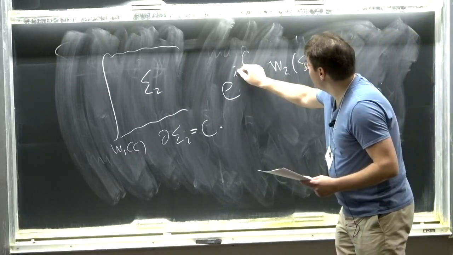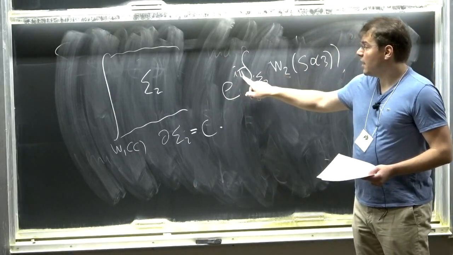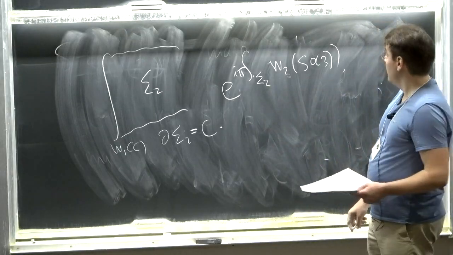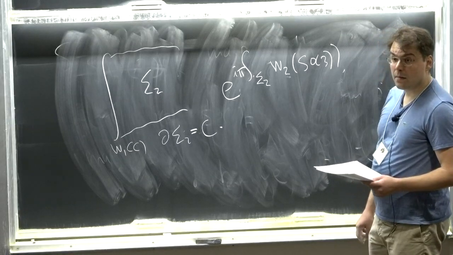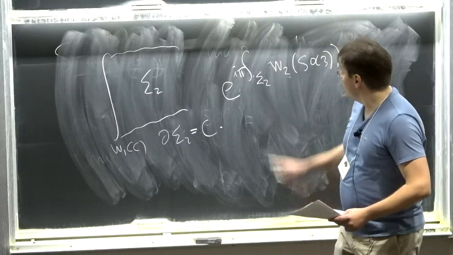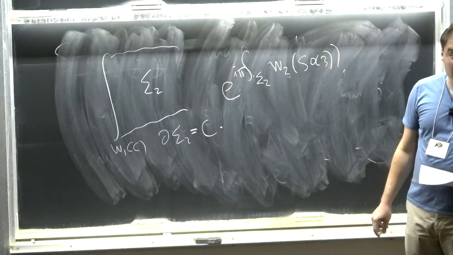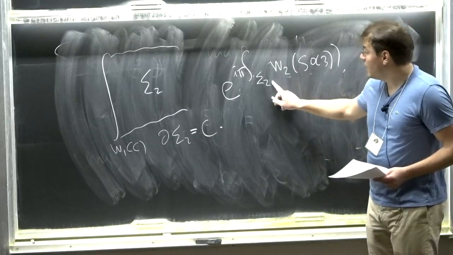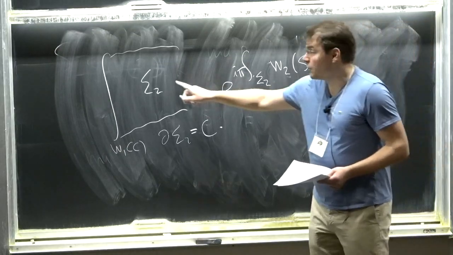Why is there a pi? Because W2 is valued in Z2 cohomology, and I need this pi to convert this into a sign. Sigma 2 is a chain, not a sign. So we need to lift W2 to a 2 chain. I will come to that in a second. So very good. Greg is already anticipating the inconsistency in this formula. This formula is not sensible if sigma 2 has a boundary.